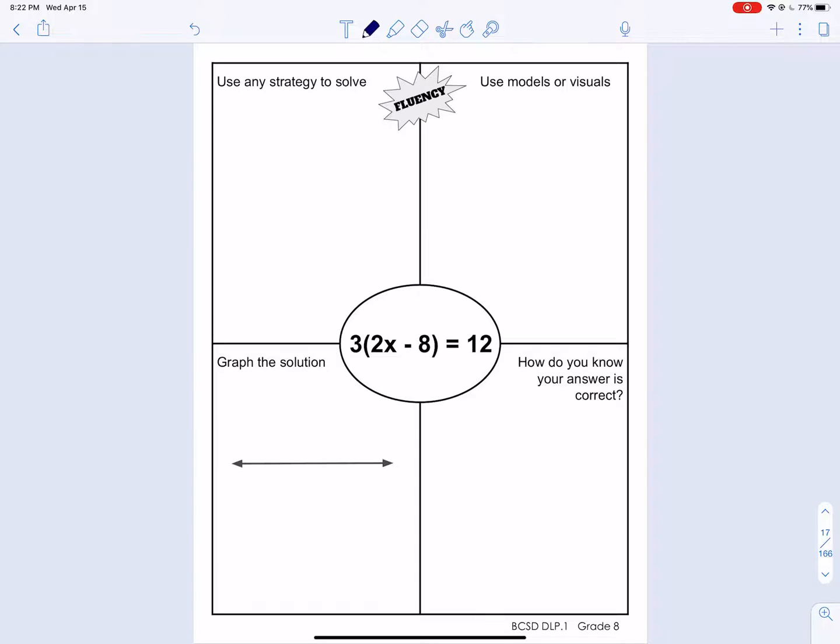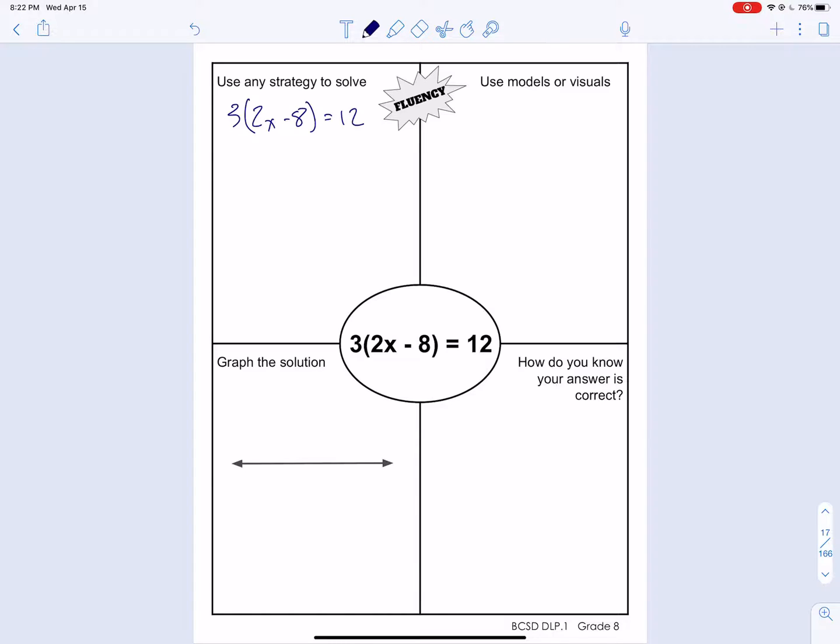Okay, so the second part, I will help you to solve it. And then for this one, you need to graph it. So it's just a number line. You're going to build your number line. You're going to put a dot on the number that we get for our answer. Okay? All right, so just rewriting 3 times 2x minus 8